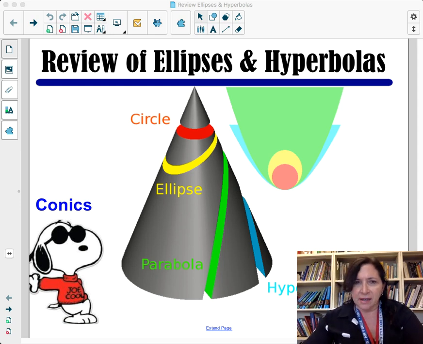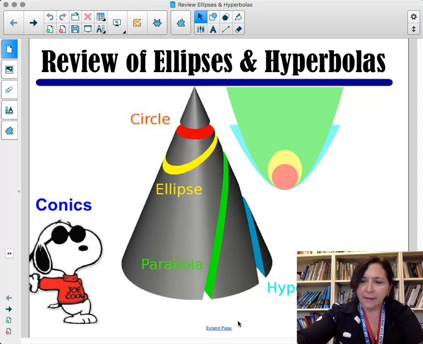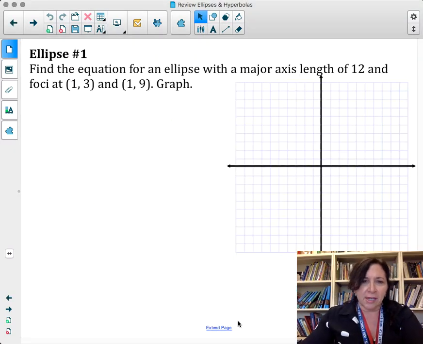Hi everyone, today's lesson is a review of ellipses and hyperbolas. So let's get started. So the first question is, find the equation for an ellipse with a major axis of